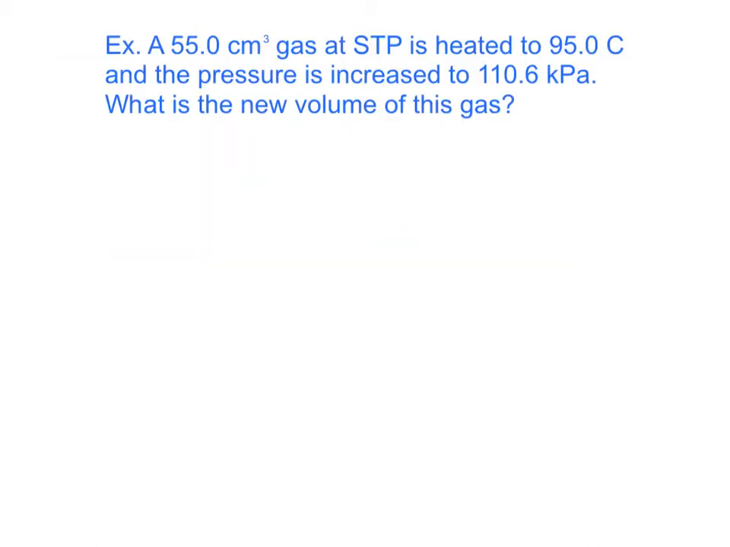Okay, so here's another example, and I'm just going to start going through here. I have first of all 55.0 centimeters cubed. I know that's a volume. It says at STP. Now that means something. That means standard temperature and pressure, and that's where I'm saying look to the stars from the last video that we had. Standard temperature is T equals